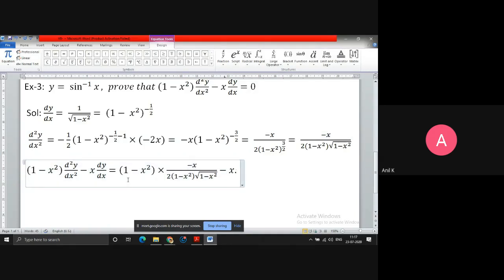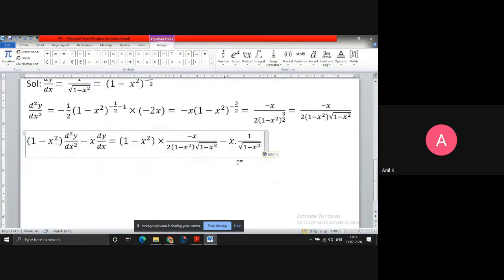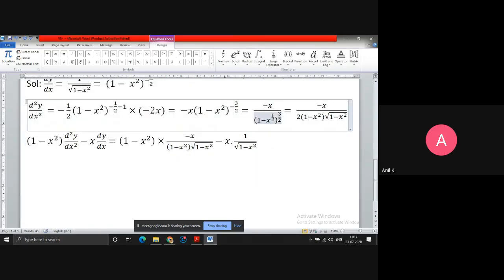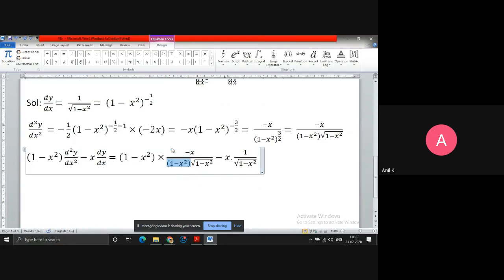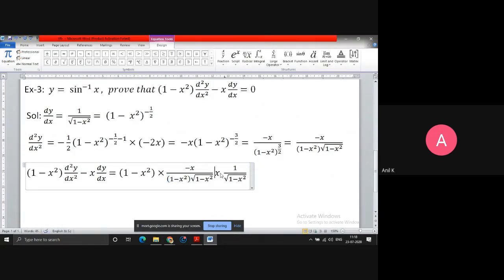Yeah, now we got it. x into dy by dx. This is what you got as the dy by dx term. Now see if any cancellations are there. Here 2 will not be there. You can remove the 2 because 2 is getting cancelled everywhere. You see this 1 minus x square, and here also 1 minus x square. Both the 1 minus x square terms will get cancelled. Now what is actually left out? This will come plus or minus.